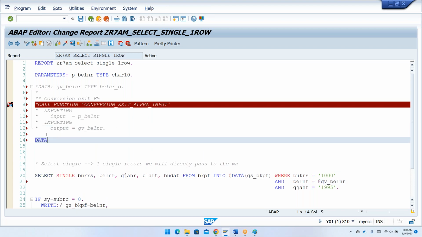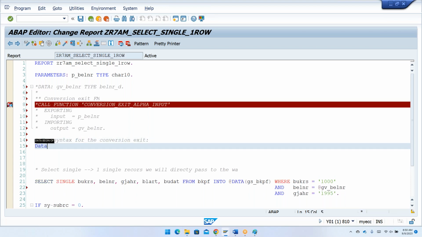Whatever code I'm writing over here, you can directly write it over here. First, let me show you over here. So first thing is how to convert. So the new syntax for your conversion exit. The new syntax for the conversion exit. So the first thing is DATA of. So whatever the variable GV_variable is equal to, we'll open your pipe symbol and open your curly brackets, and